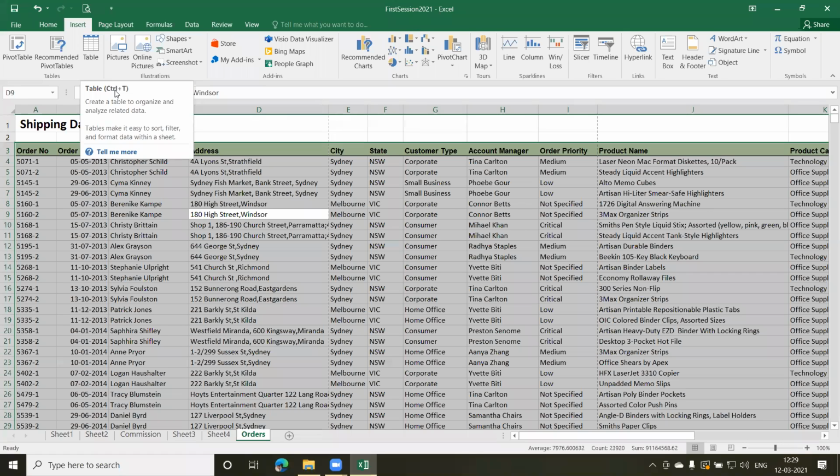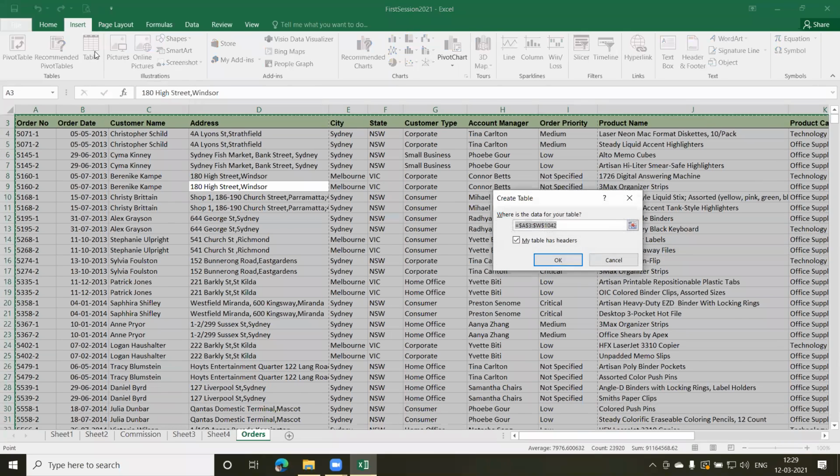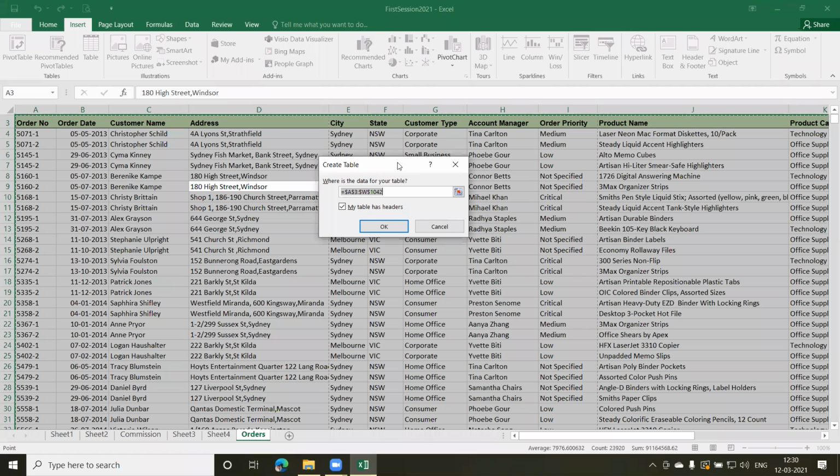Usually you'll get a dialog window, so let us see how it looks. When I click on this, you see the Create Table dialog window comes up. It asks where the data for your table is, and because we have already selected the content, it is giving me the addresses. This is my reference. If you are not satisfied with the range, you can always change it here.